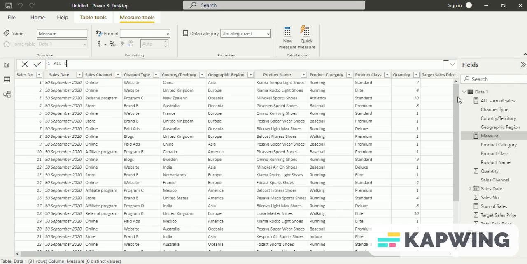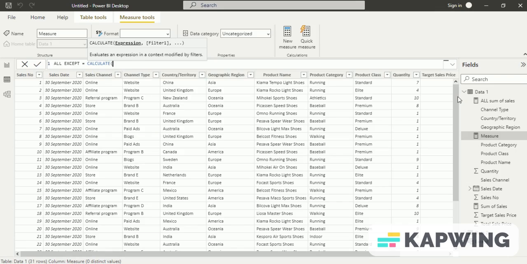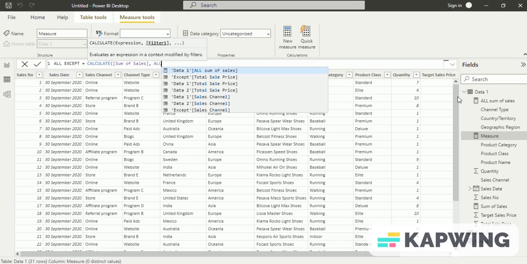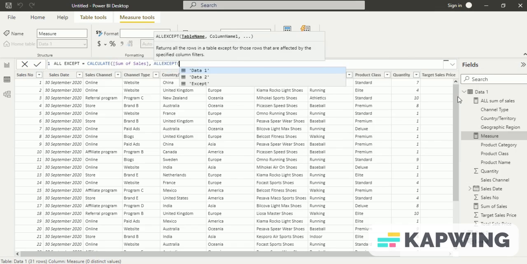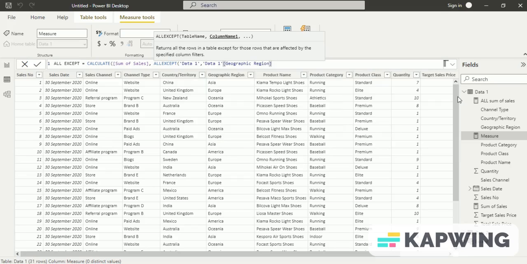All except equal to CALCULATE, sum of sales, comma, ALLEXCEPT, choose from table data 1, comma, select the table for which you want to remove the filters. Select geographic region. Click enter.